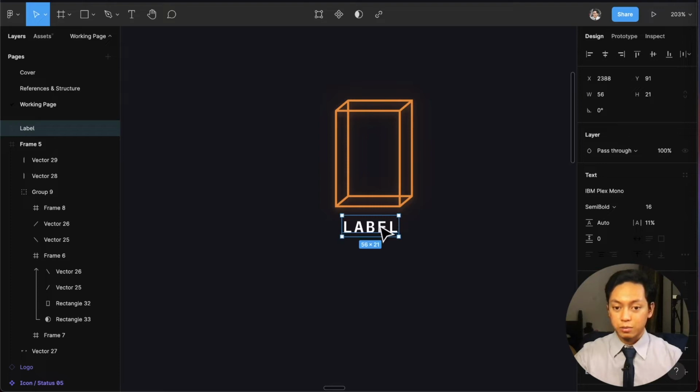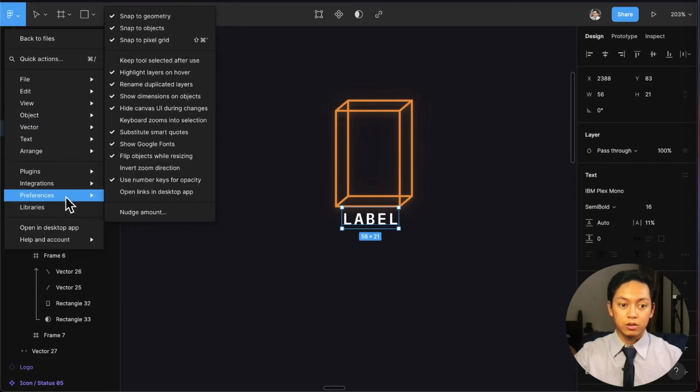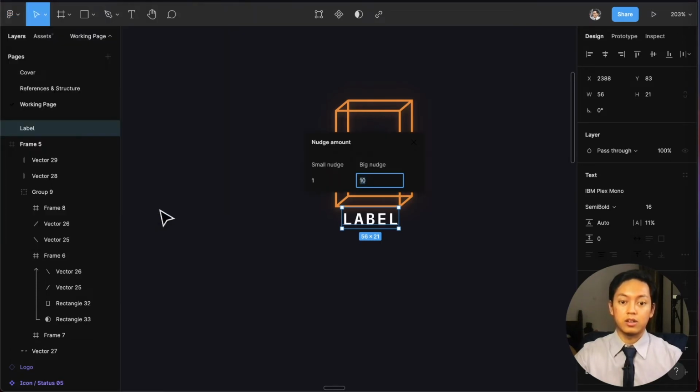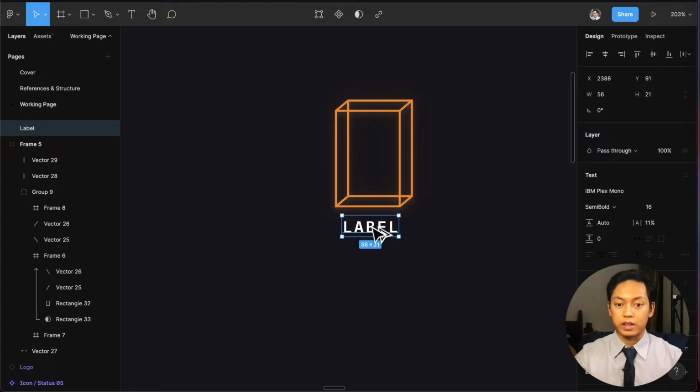Now there's a faster way to do this, so I'm going to bring this back up. You have to go to this Figma icon at the top left, go to your preferences, change your nudge amount, and then we want to change our nudge to 8. And then small nudge is 1. The way you use the big nudge is that you hold shift and then you tap down, and that will move your object by this amount of pixels. Okay, so